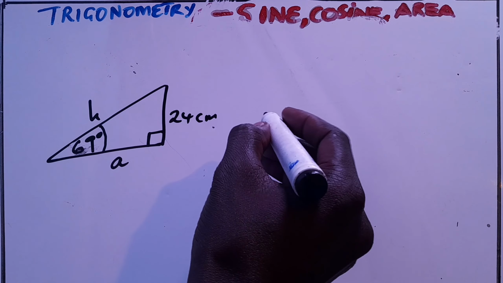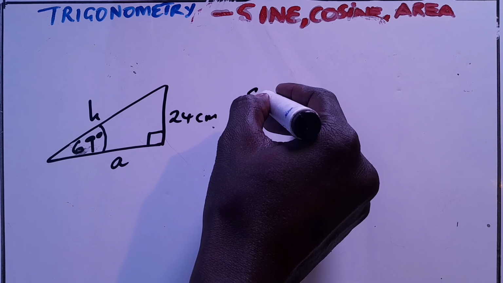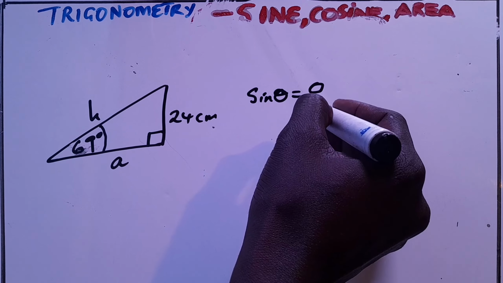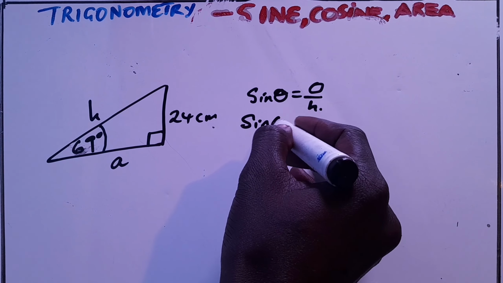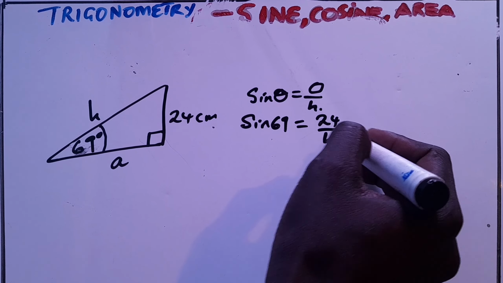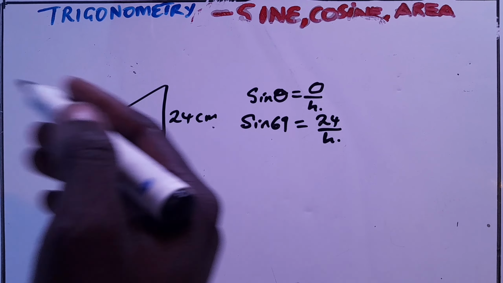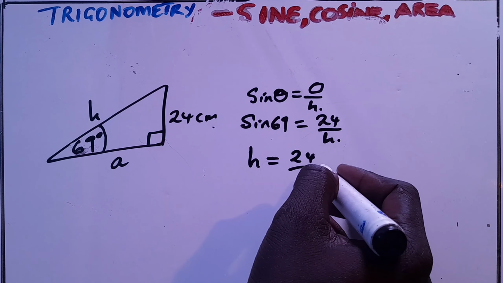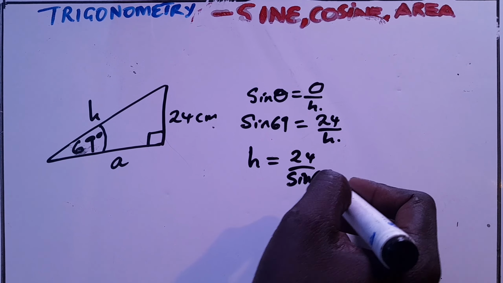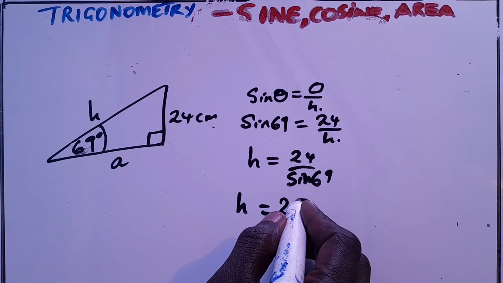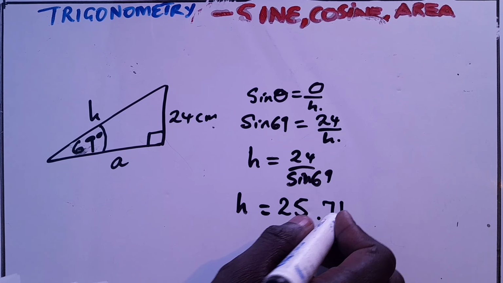So sine of theta equals the opposite over the hypotenuse, which is sine of 69 equals 24 over h. Solving the equation, straightforward: h equals 24 over sine of 69, where our h becomes 25.71